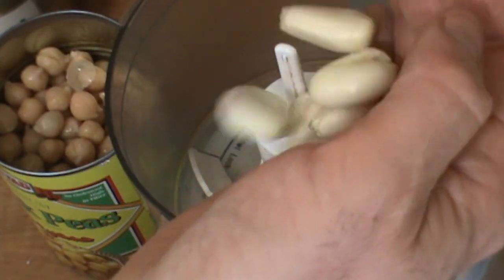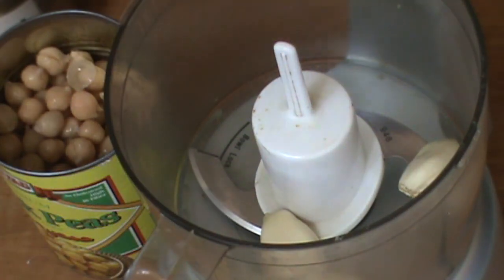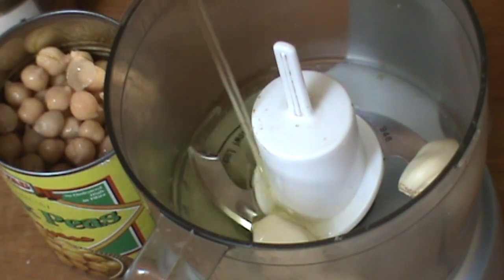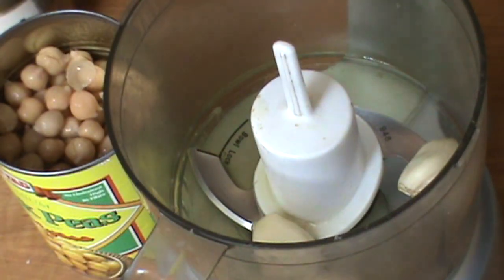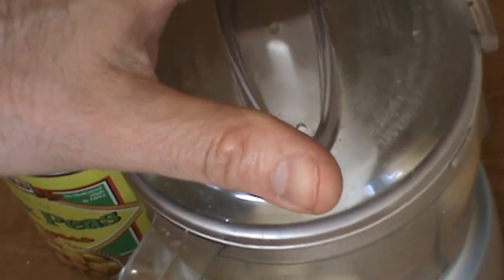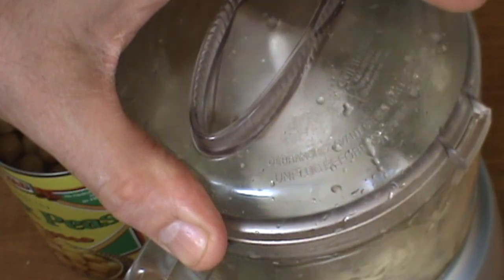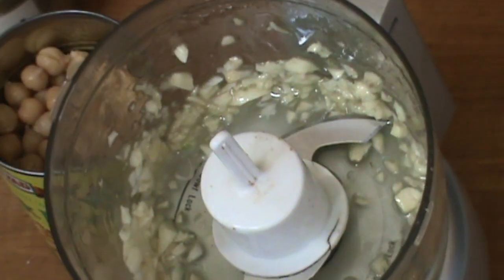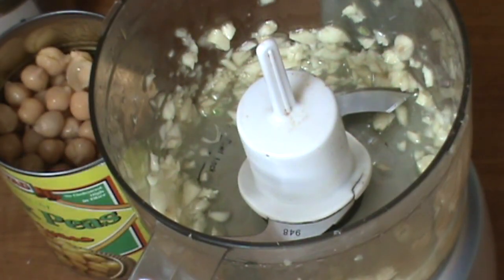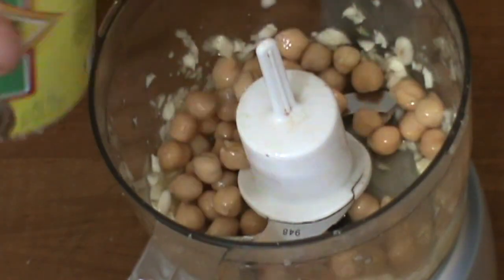First ingredient, garlic goes in the food processor. With the garlic, I like to put a little bit of olive oil right away. A couple tablespoons. The lid goes on. And you get this. Next ingredients are going to be a little bit of the chickpeas to help get that